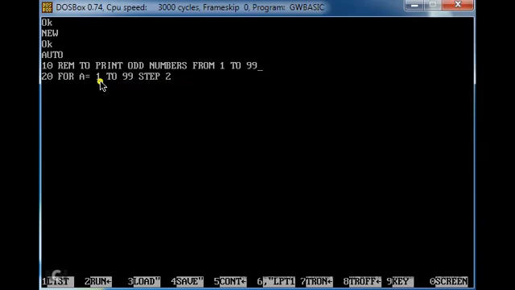What does this mean? This 1 is known as the starting value, or the initialization value. It means from here the software would start counting from 1 to 99, and this 99 is known as the final value, and the program would end at 99. Now this STEP 2 is known as the step value. So what does this step do? Its function is to increment or decrement the value from the initialization value.